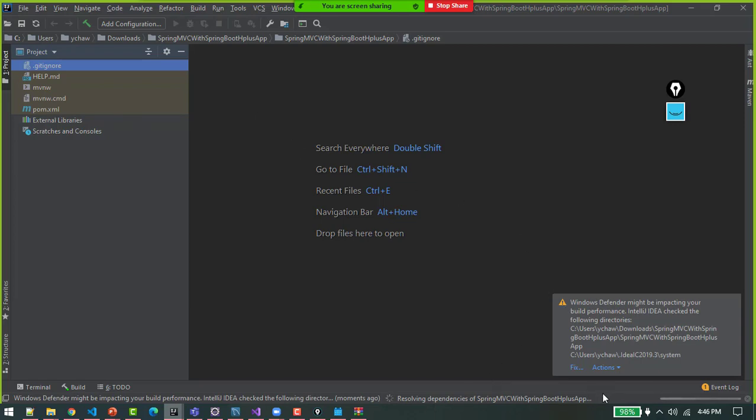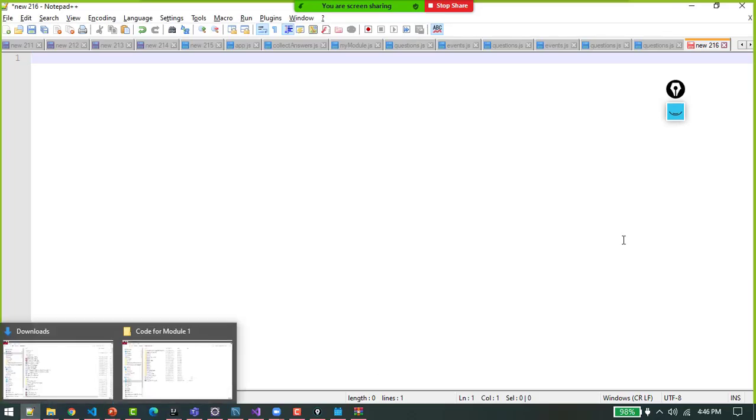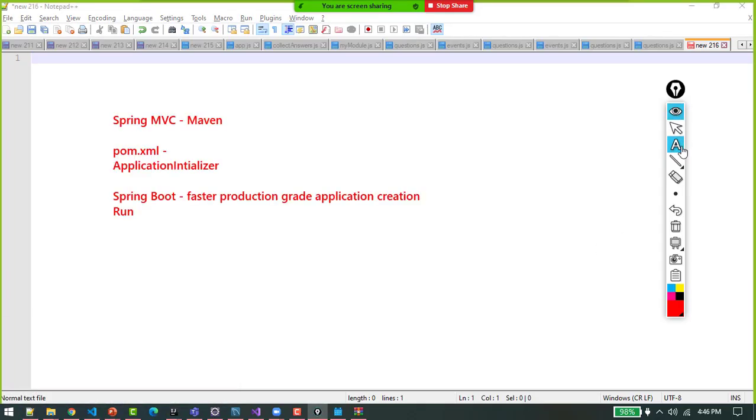Right, it is running the project in the background, and I will create controller and I will create application config. Application initializer is also not required. Why? Because Spring Boot gives you one annotation called Spring Boot application. Right, in the previous session I created application initializer, which implements one interface that gives me onStartup method.